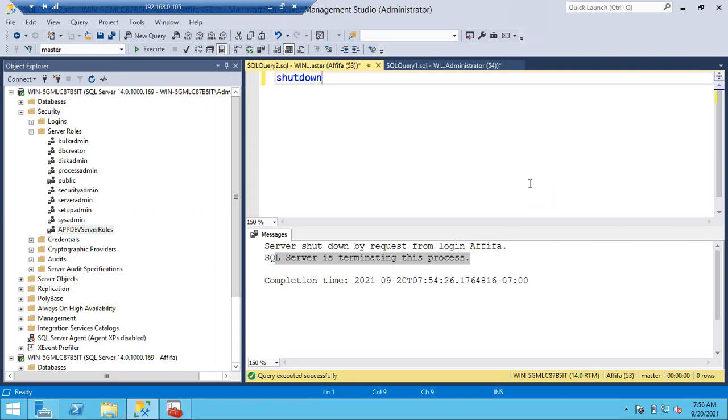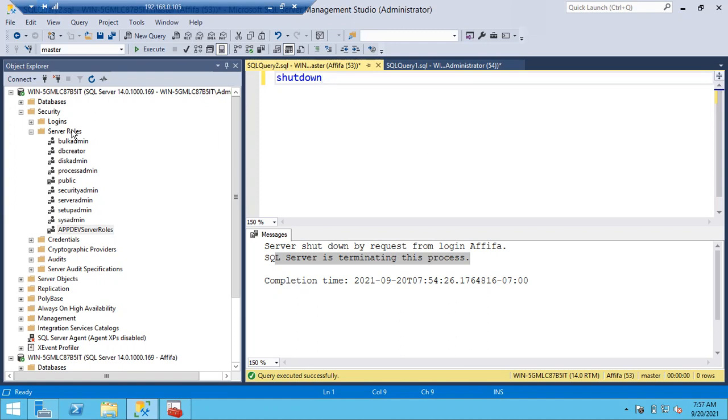Clear, everyone? Again, please note that customized server roles and fixed server roles we don't use very regularly. Sometimes we may use customized server roles, but 90% we don't use fixed server roles, because no one needs those permissions. We discussed all the roles just to understand what is meant by server role. But of course, you should know how to add a login into a server role, because sometimes we have to add logins into the sysadmin role.